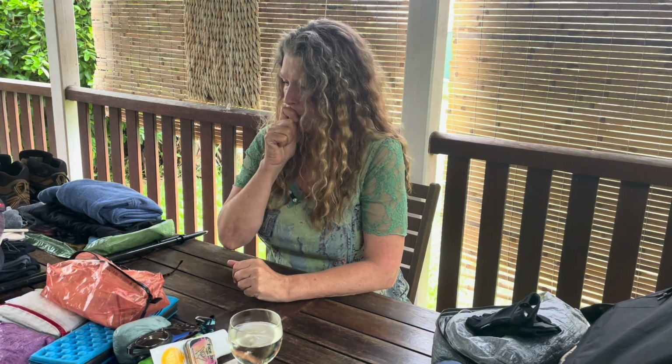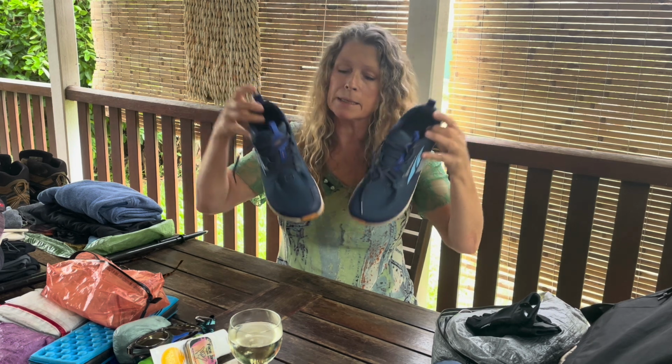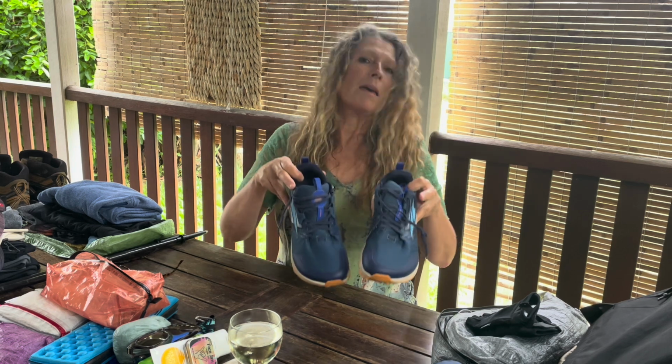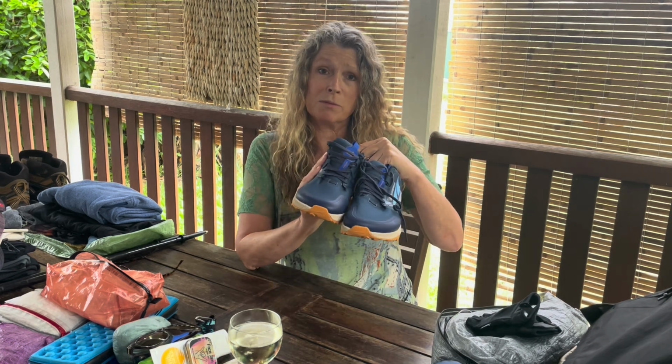What else? Changes. Oh yes, okay. I bought another pair of the Ultra Lone Peak Men's 7. They're wide because I have a wide foot. And I did consider buying a second pair, so that when I go back to do the South Island, I just send them in with my resupply box. But I decided I wasn't going to buy a second pair of these. These are still going to be really good, and I am going to put them in one of my resupply boxes,